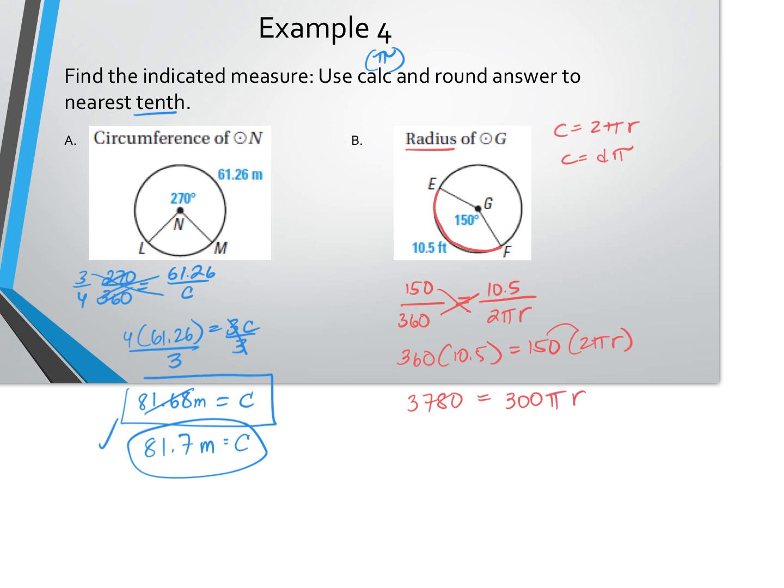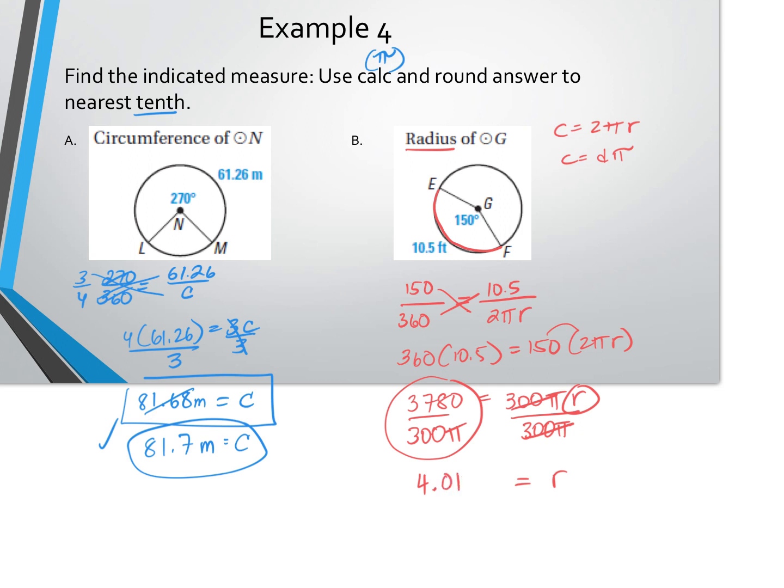Now remember that what we're solving for is r, and so if I divide both sides by 300 pi, I'm going to get my final calculation, right? My radius is going to equal whatever that is, and so I'll do that on my calculator. I'll do 3,780 divided by, and then in parentheses underneath, I'll put 300 times pi, and parentheses equals. And I get